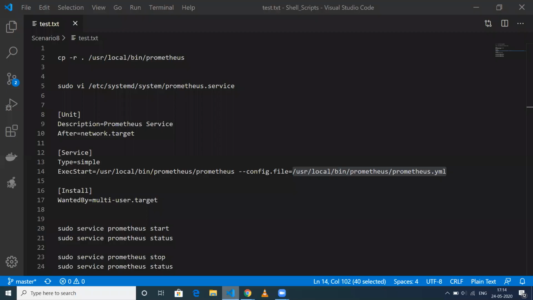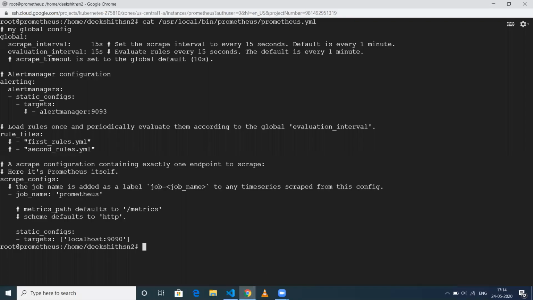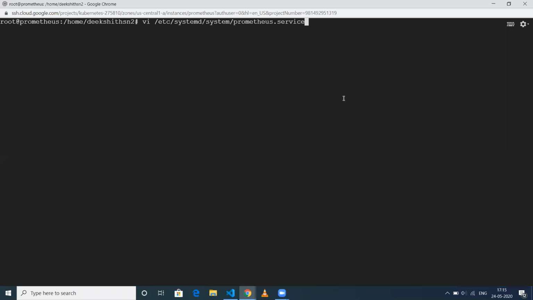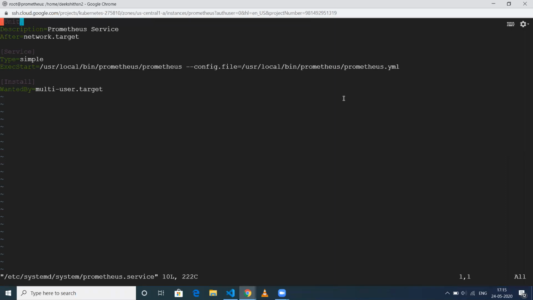Now let me go to the service file. Here you just need to go to that particular ExecStart line, and then change those things.